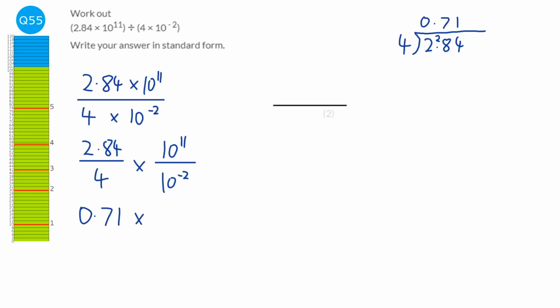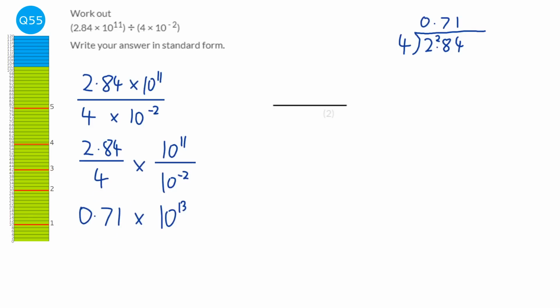0.71 times, and then the rules of indices say that if you divide two powers of the same base, they're both 10, then you just take away the power. So it's 11 take away -2. Now the two minuses, the two takeaways, actually convert to a plus, so it would be 11 plus 2, which would be 13, so it would be 10 to the power of 13. Now we've got a bit of a problem here, because standard form must have a number between 1 and 10, and not including 10, at this position here, and this is obviously less than 1,